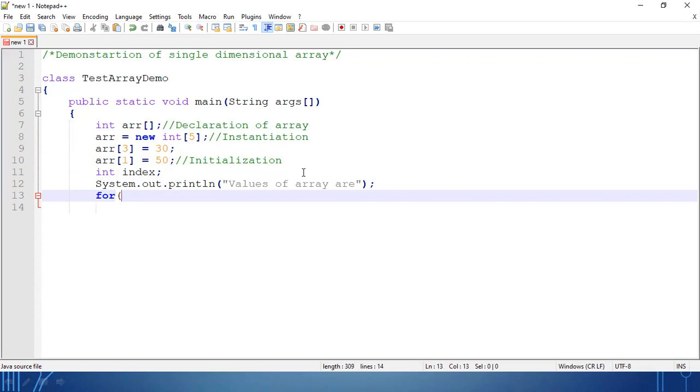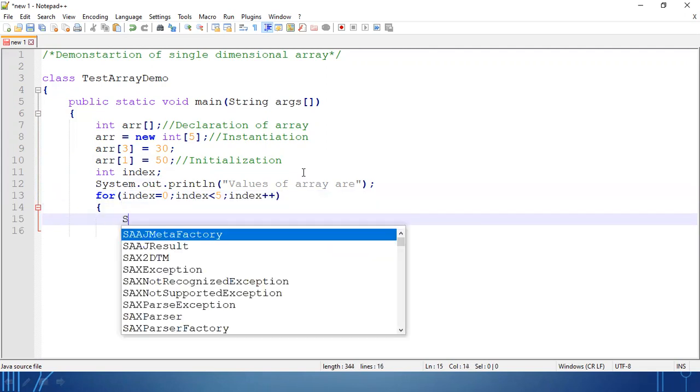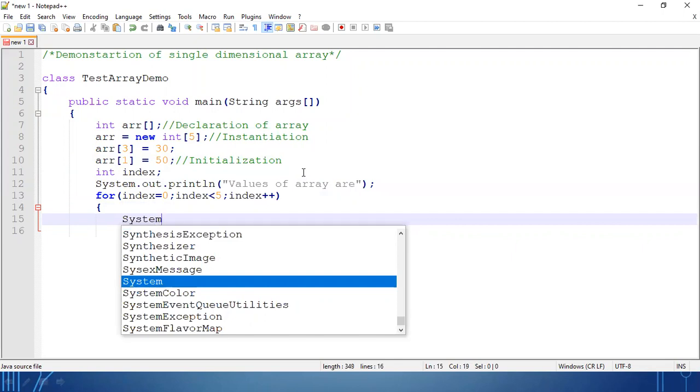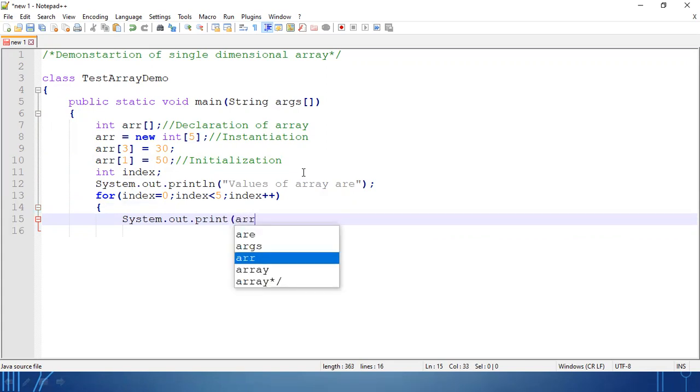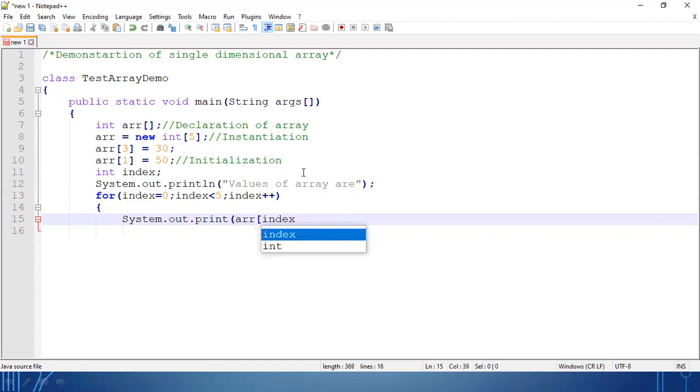So you have to use for loop here, because you have to print the values repeatedly from index 0 to index less than 5, index plus plus. System.out. Suppose we need to print the values in a single line, so you have to write System.out.print, then index. Suppose I need to put some space in between the values.